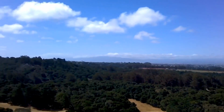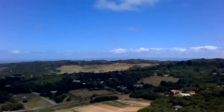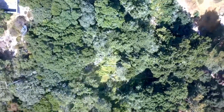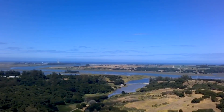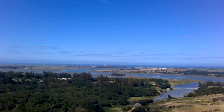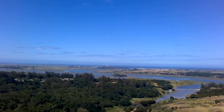Telemetry is working on the phone app so far, that's good. Just zooming around, looking. I'm gonna tilt the camera down in a second here. I tilt it down, there you go. There's all the way down. Have a look around. I'm going to tilt it back up, take a look at the ocean. Picture looks pretty good. It looks a little bit of jello in there, but it's not too bad. But I'm only 79 meters up and about 72 meters out, so